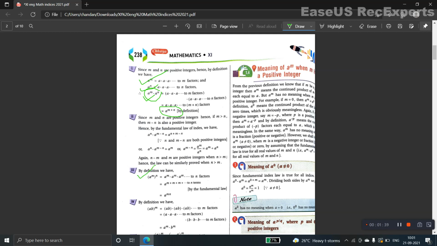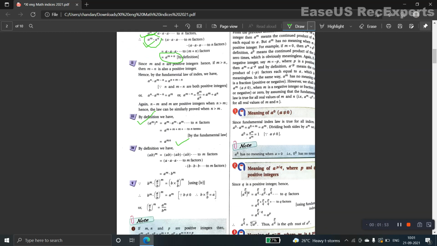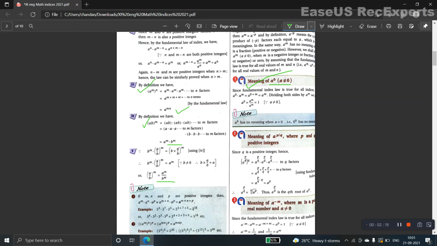The nth power of a to the power m is a power of a power, so it is multiplied in the power, so a to the power mn, and you can see other things very easy. These are ab to the power m is equal to such and such, ab whole to the power m, and like that. So you have to remember all these things. These are very simple, easy formulas. You should also know a to the power 0 is equal to 1 when a is not equal to 0.